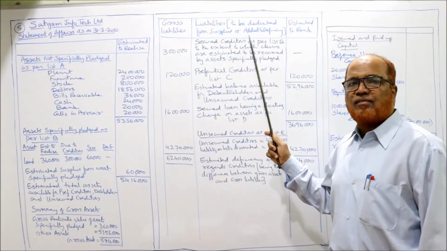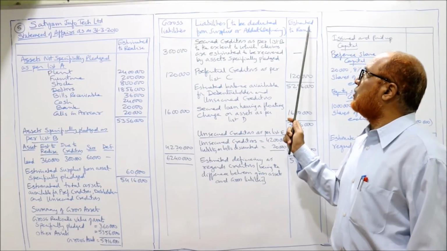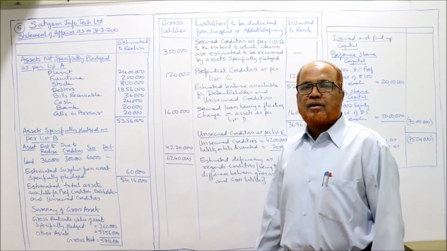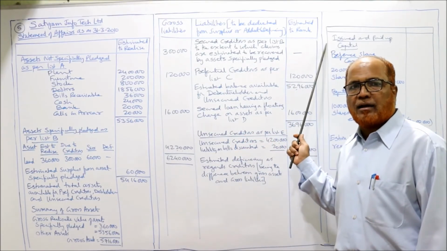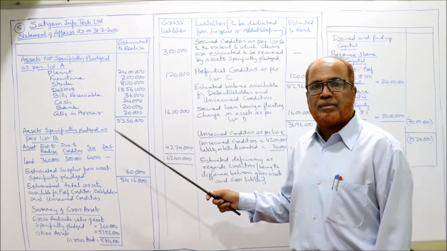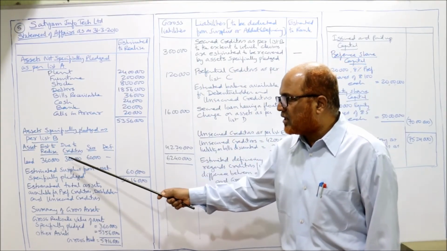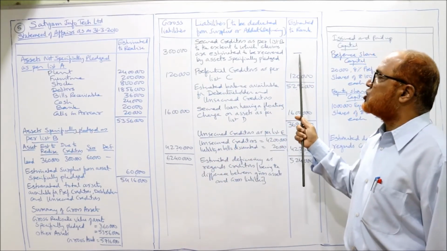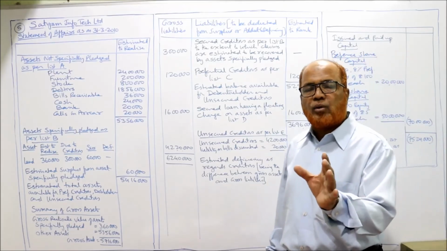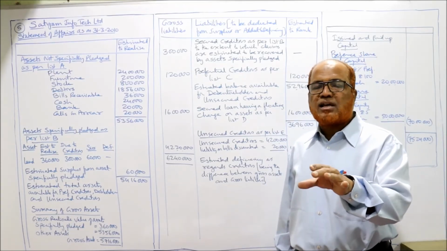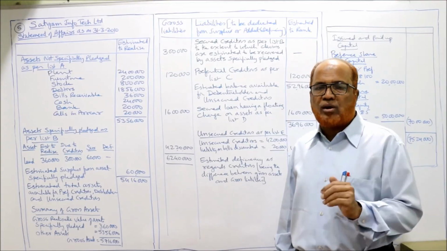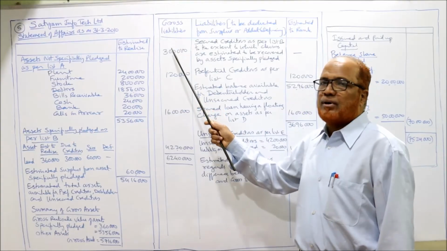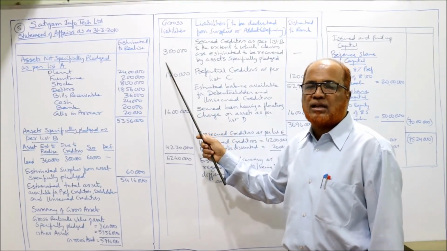So liabilities to be deducted from surplus or added to deficiency. Gross liability, estimated to rank. First of all, secured creditors as per list B. We should not take the amount in estimated to rank because they have already recovered the amount from the security. So how much are the secured creditors here? 3 lakh. 3 lakh rupees will be taken in gross liability and we put a dash in estimated to rank. In every problem we are doing the same thing. Because fully secured creditors have realized their amount from security, there is no need to pay. Then why are we writing it? To find the gross liability, we take that amount.